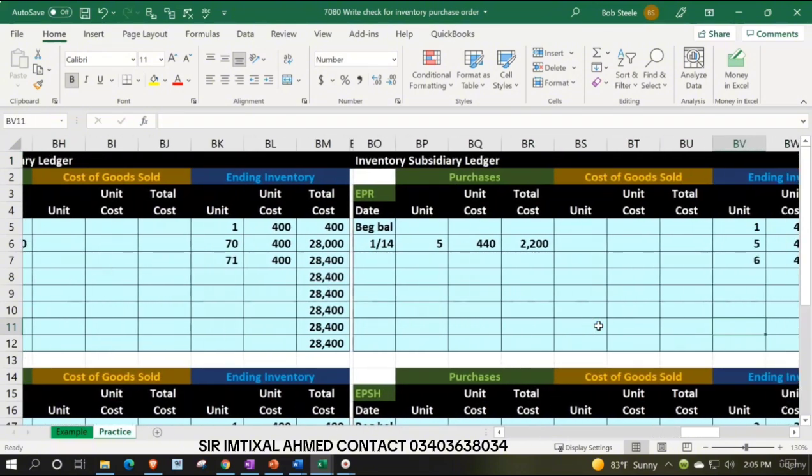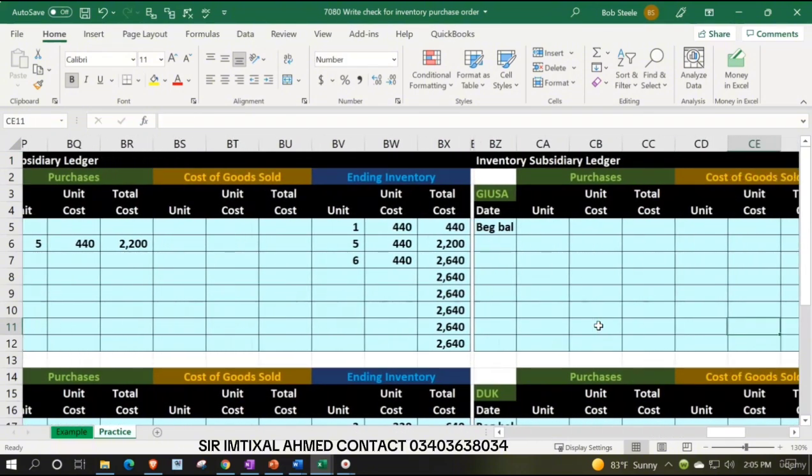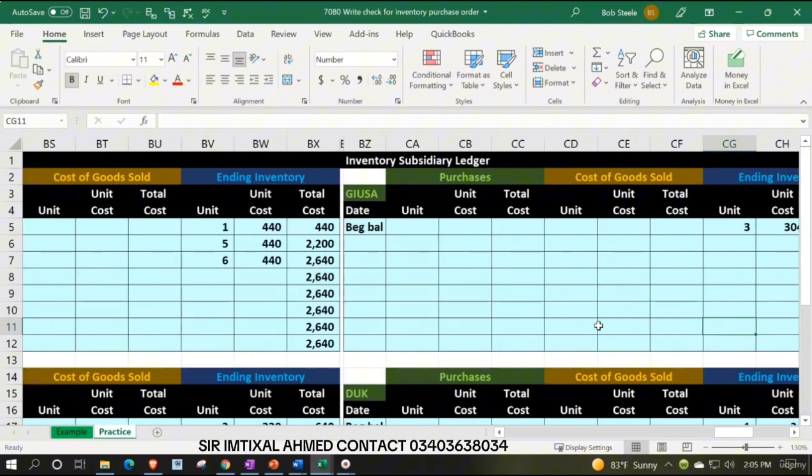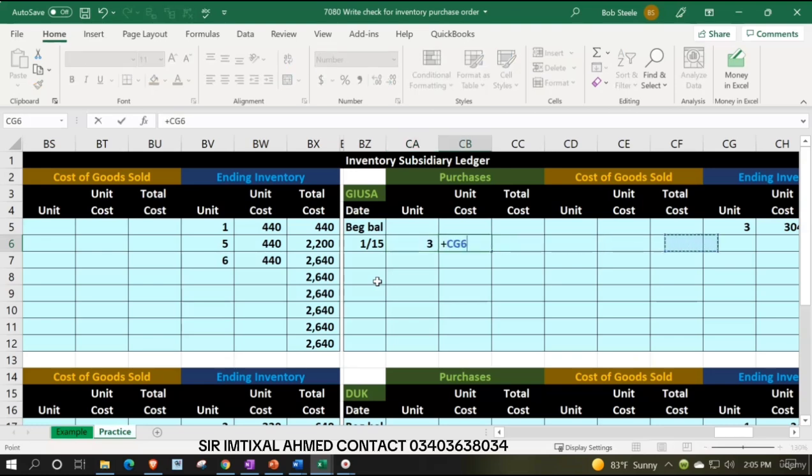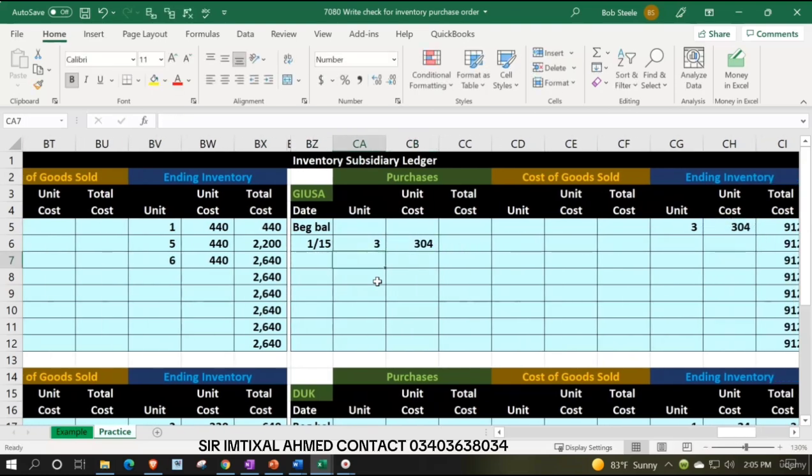This time we bought Gibson guitars. So we labeled these with the G things over here. So we bought then on 115 a GI USA. So 115, it's a kind of guitar. We bought 3 of those at the cost, which is still at the 304. So 3 times 304 is